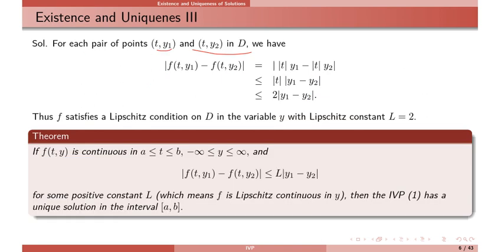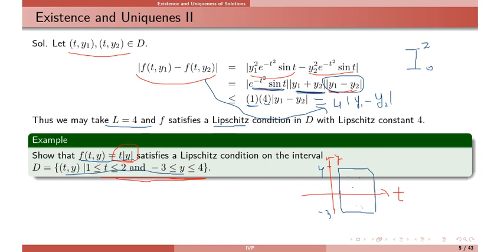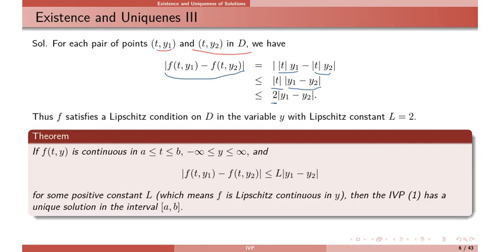So write f(t,y1) minus f(t,y2), so mod t times y1 minus mod t times y2. These are function values. You can take mod t outside, then you get y1 minus y2. And the maximum of mod t is 2, since t is at most 2. So replace this mod t with 2. So we are able to relate this difference with y1 minus y2 with a constant. So we say that f satisfies a Lipschitz condition with the constant L equal to 2.